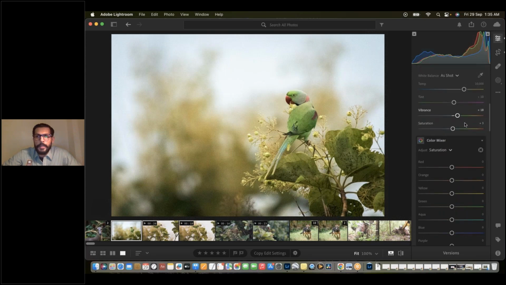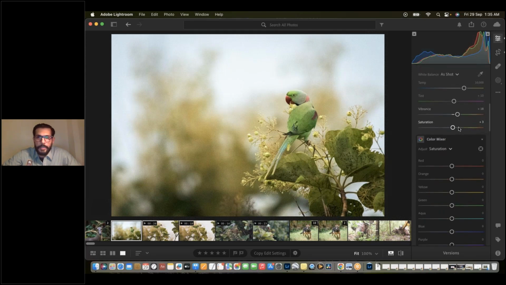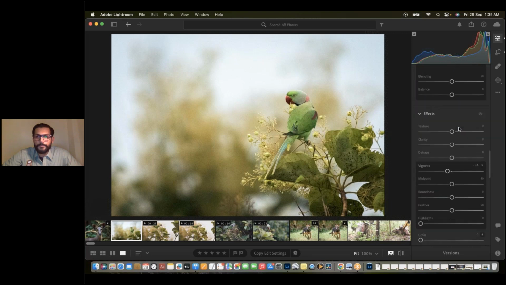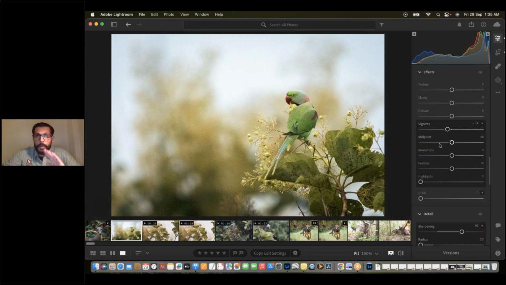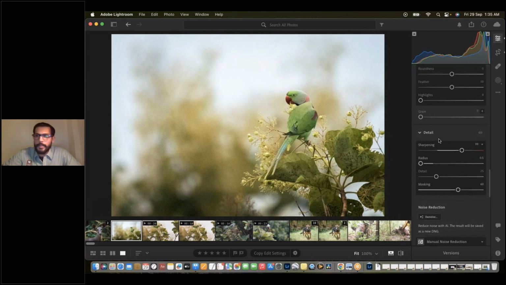And I then added some vibrance and saturation. Then I added some vignetting to bring attention onto my subject by darkening the corners of the picture a little bit, but at the same time making sure I'm not making it too obvious, because then it would look artificial and unpleasant. Then I added sharpening, brought down the sharpening radius to the minimum value possible, and I